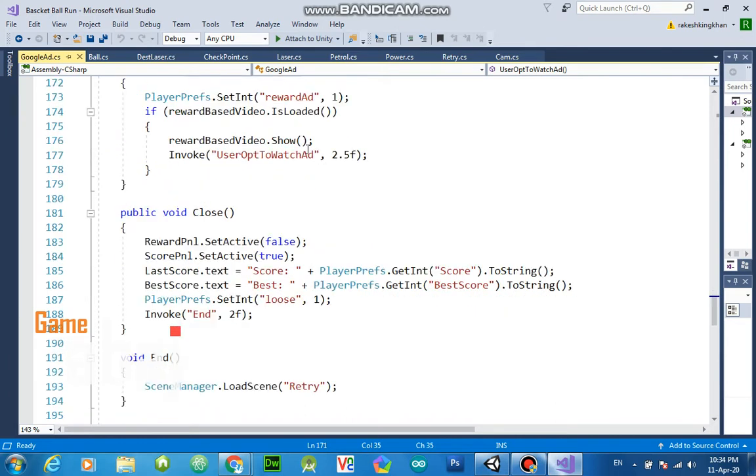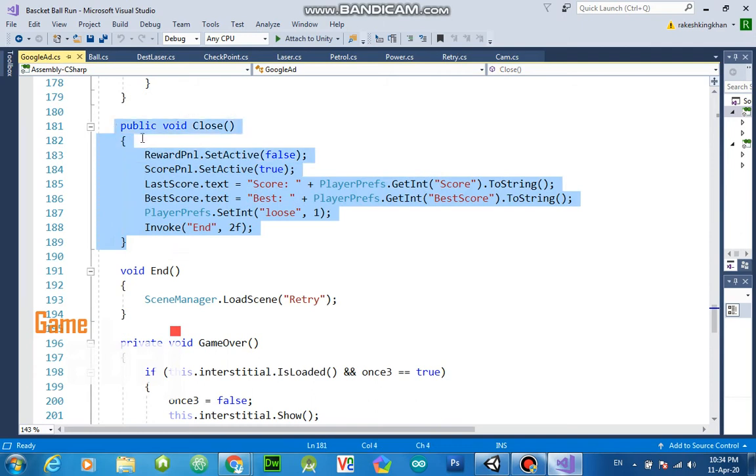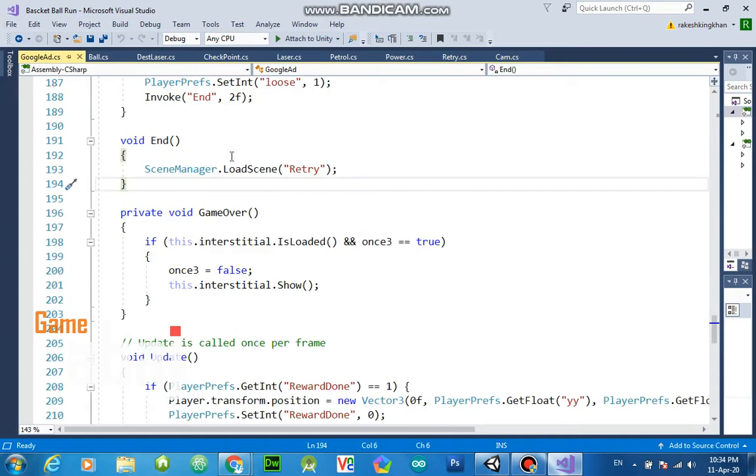This is for rewarded. I created this function for myself, for my project. If someone closes it, I have a panel for watching the reward video or closing it. This is for the end of the game, so it loads a scene, retry, use from here.